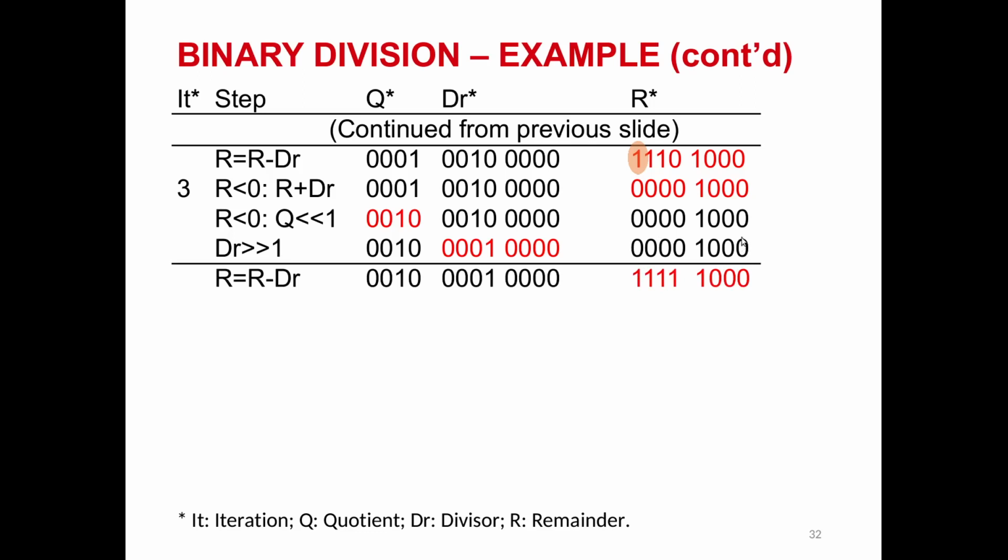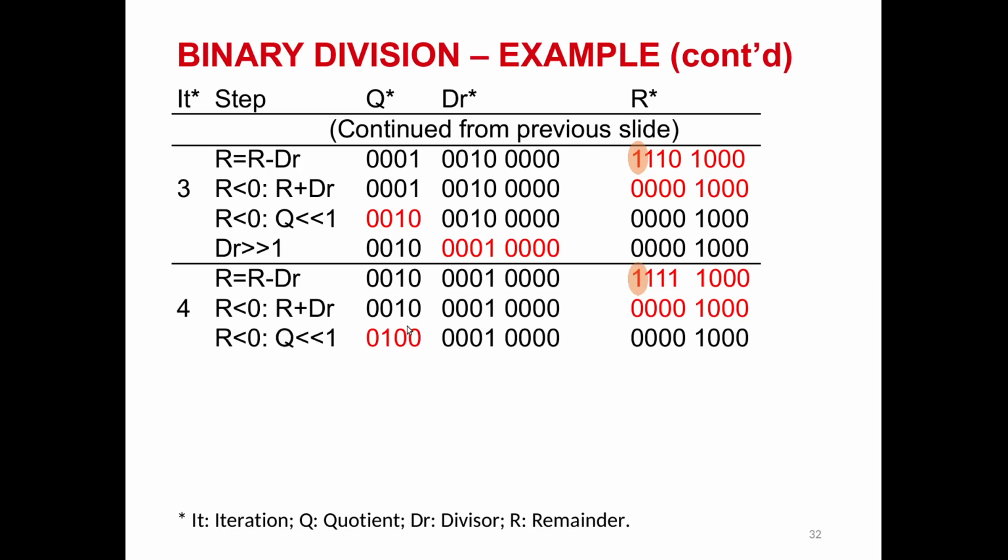So we will need to take this value remainder r minus this divisor dr, and so you can see that if we take this and subtract this, we will have this value 1 1 1 1 1 0 0 1 0, and the first bit, the most significant bit here, which is 1, implies that the result is smaller than 0, and so we need to revert it back to previous value by adding r together with dr. And we also know that the result for quotient in this bit will be 0, and so we put one more 0 here at the right or the least significant bit of q and shift everything one bit to the left for q, and then we will need to shift dr one bit to the right, and we finish step 4.